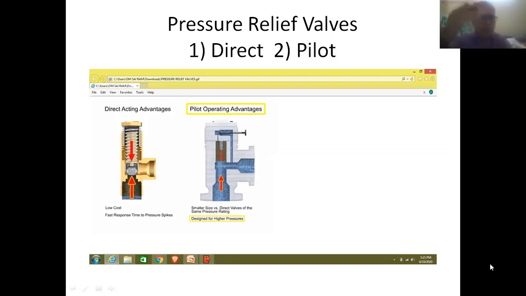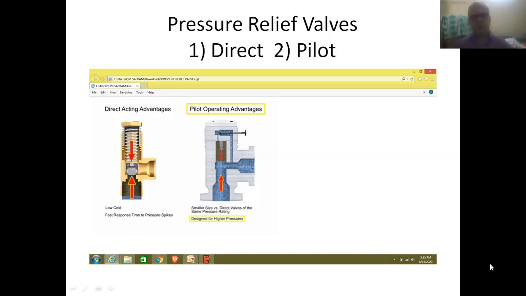So both the valves are made as a single unit. And friends, one branch pipeline is used for connecting the inlet of the relief valve and the inlet of the pilot valve, and one more branch pipeline is used for connecting the outlet of the pilot valve with the outlet of the relief valve.